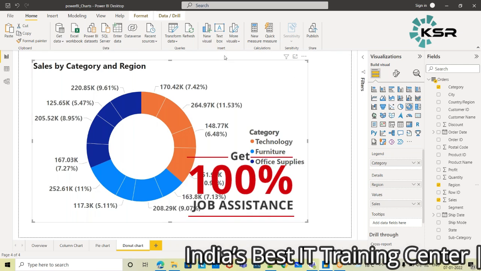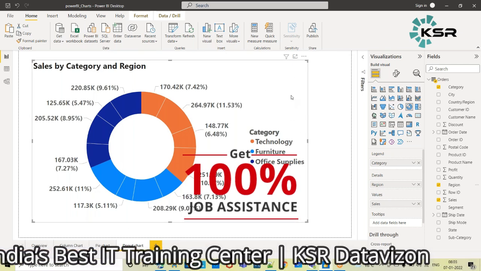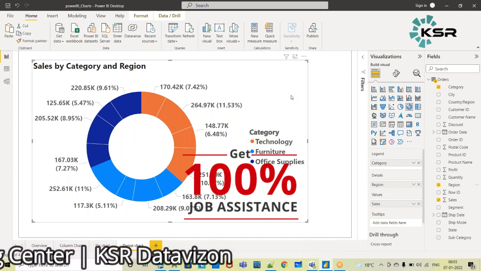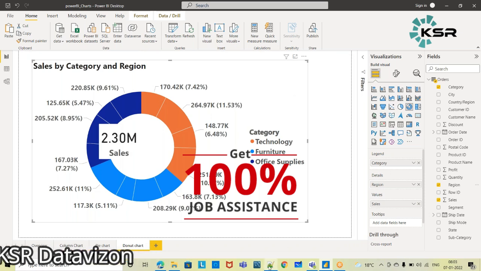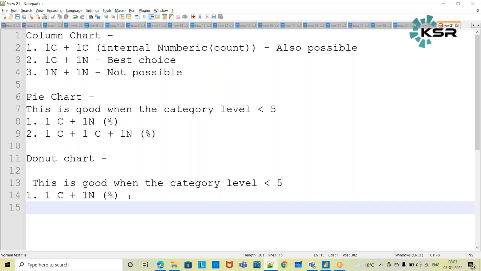So to overcome this drawback, right, we do have some other charts which we will discuss in the next videos. Okay. So the takeaways are like, here also you can achieve this. We have seen, right, one categorical plus one numerical with respect to percentage.